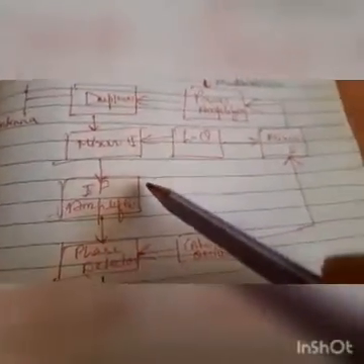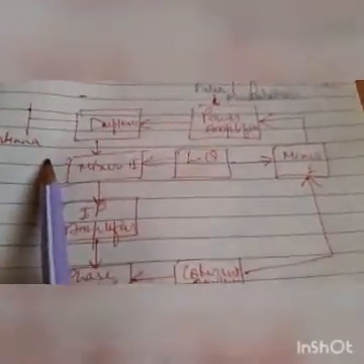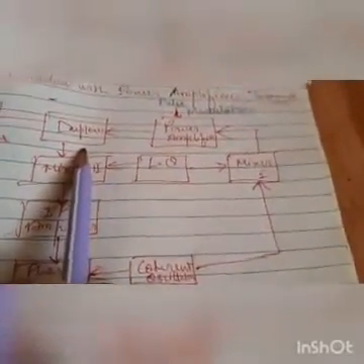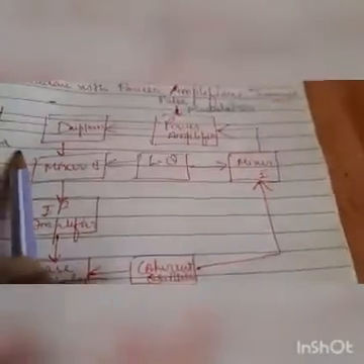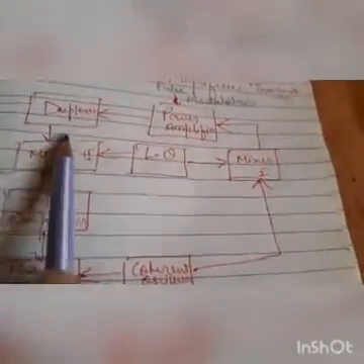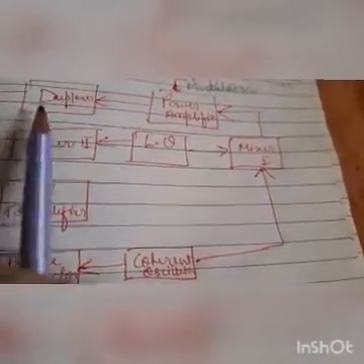Now, what is the working of these blocks? I will tell you. Here is an antenna and a duplexer. The antenna works as both transmitter and receiver. First, what is the working of the duplexer? It is a microwave switch which connects the antenna to either the transmitter section or the receiver section. Okay, it behaves as a switch. Antenna transmits a signal having a frequency of FL plus FC.